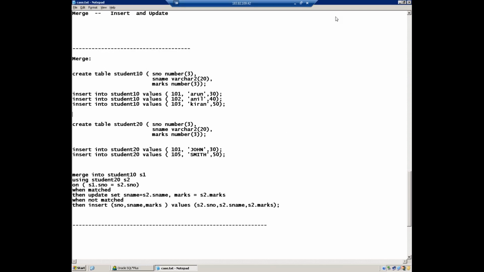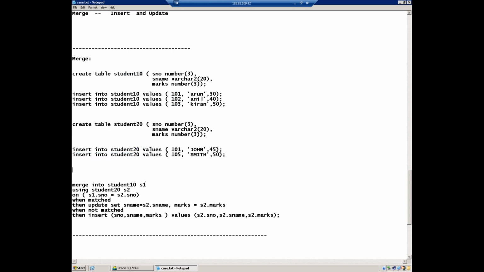Creating the first table, student 10. Inserting how many rows into the first table? 3 rows. 101, 102, 103. Creating second table, student 20, inserting 2 rows, 101 and 105. Let's complete this part.